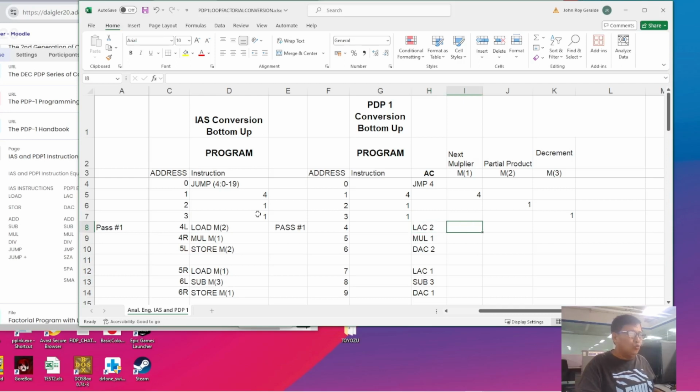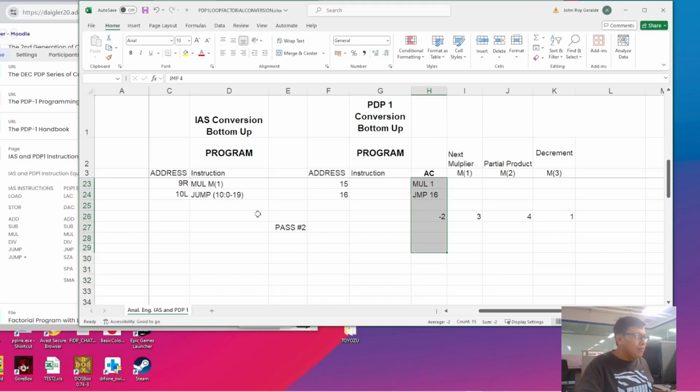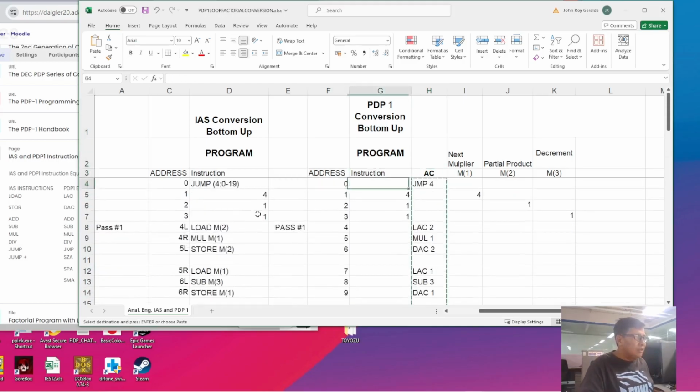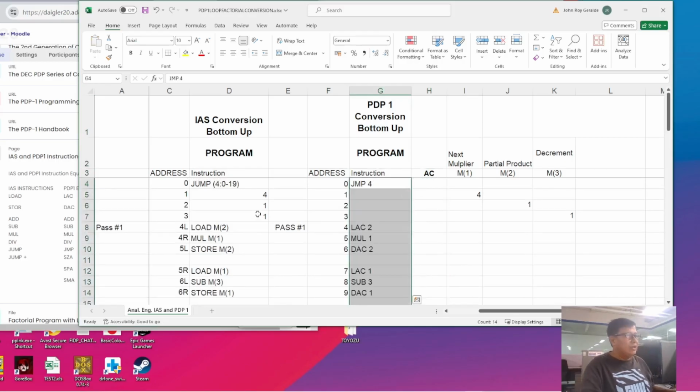So LAC 2. Let me transfer this. I've placed this on the wrong column. It should be here. So this is 4, 1, 1.